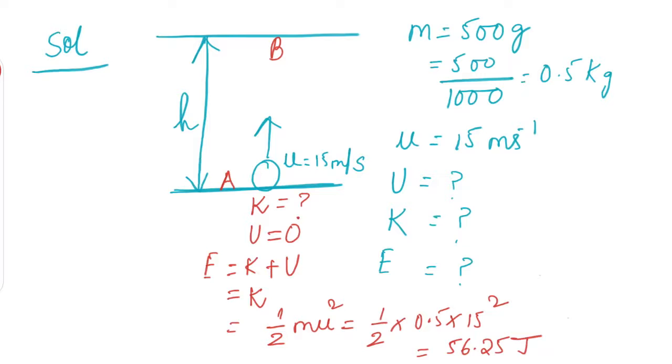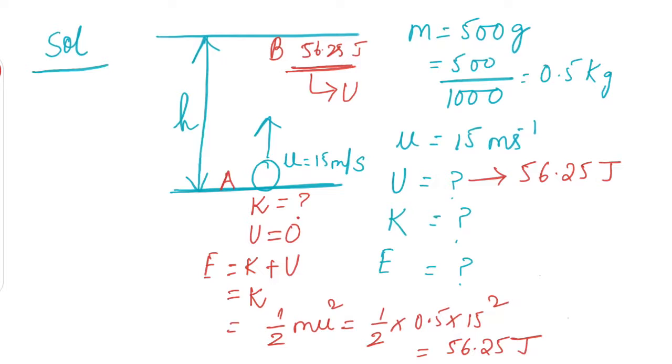then also its total energy is going to be 56.25 joule. Now there is one concept here. Whenever this ball reaches the highest point, it will come momentarily to rest. So kinetic energy at the point B is going to be 0. So we can say here the total amount of energy, which was 56.25, is totally your potential energy. So we got my first answer here. The first answer is potential energy at the highest point is 56.25 joule.